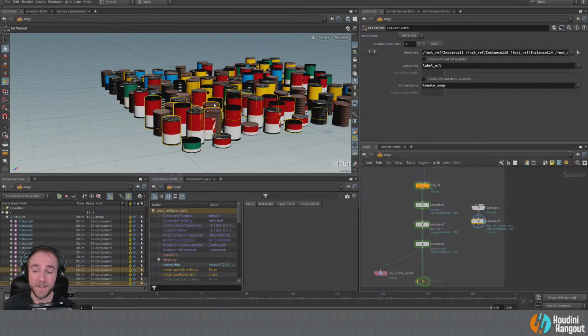But I think there's a lot of benefits that come once you start to understand the way in which it works. There's also some quirkiness to USD too. I mean, it's created by Pixar. It has a lot of their legacy to how their studio works baked into it. So some of those things are abnormal to people that haven't worked in a studio environment like that, I think personally.